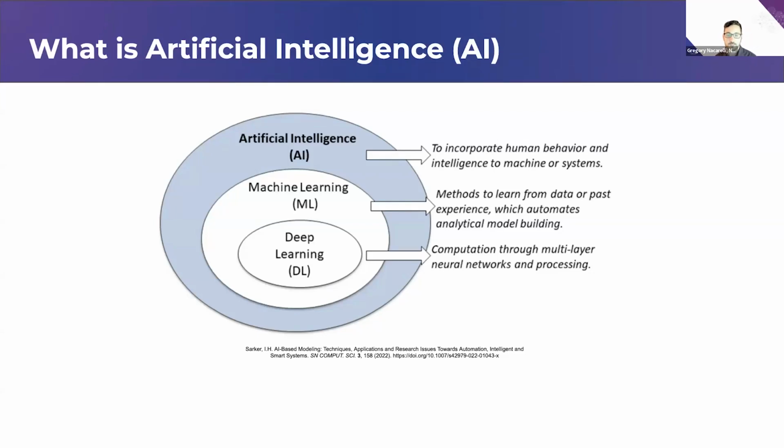Beyond that, there's machine learning. This involves using methods to learn from data or past experiences, which then automate the analytical model building. So it's learning from data sets. And beyond that is something called deep learning, where we're getting more complex, with multiple layers of neural networks and processing. This just gets deeper and deeper in terms of the artificial intelligence being able to learn